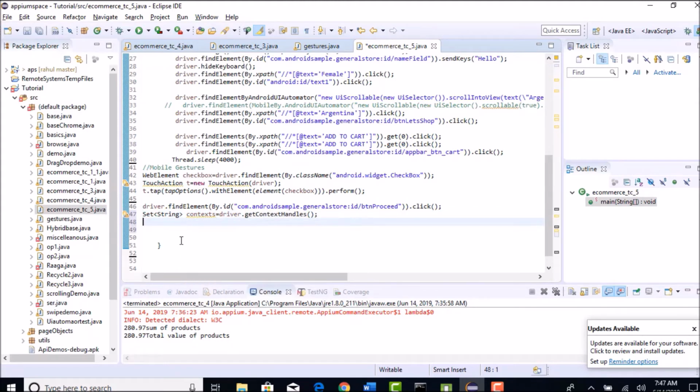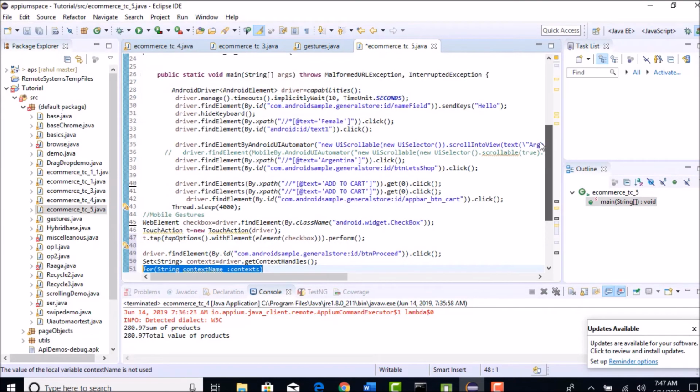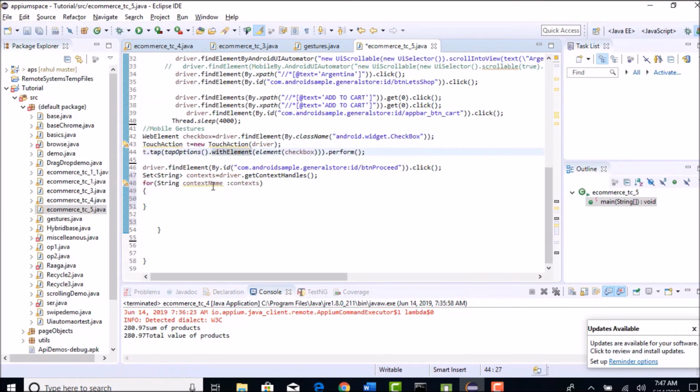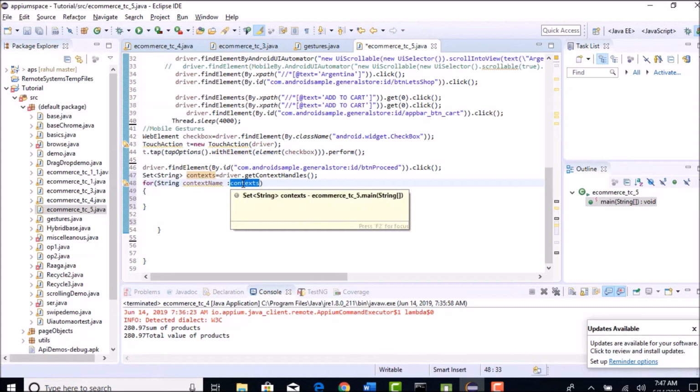Now let's loop through this context and print our desired value. For context name in context, what is this step? This is an enhanced for loop, which is similar to what we wrote in the previous lectures as well. So basically from this context, there are a set of contexts stored in this, right?